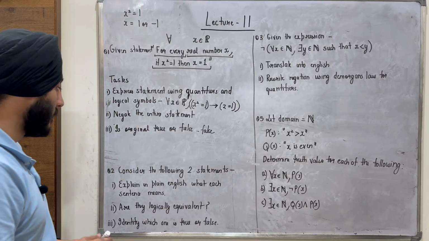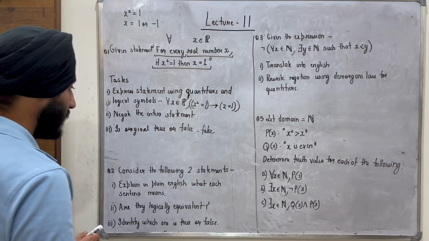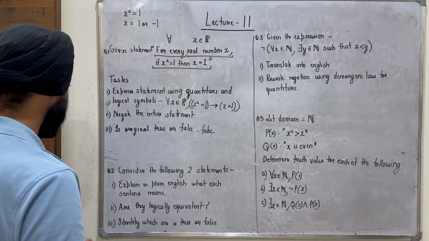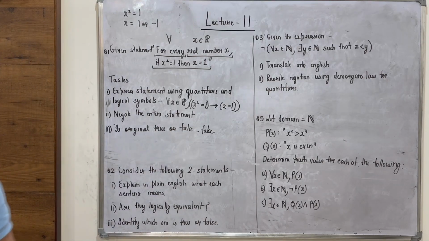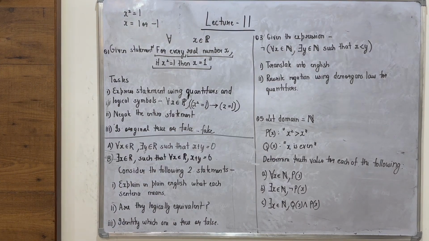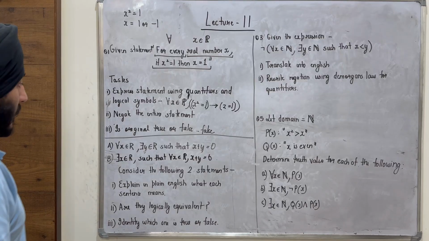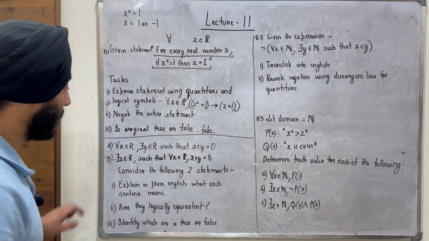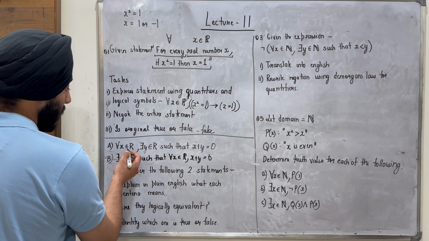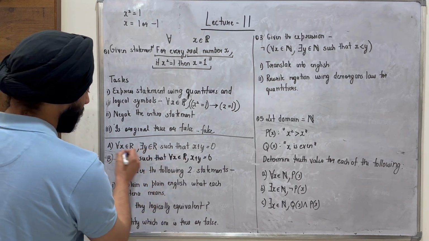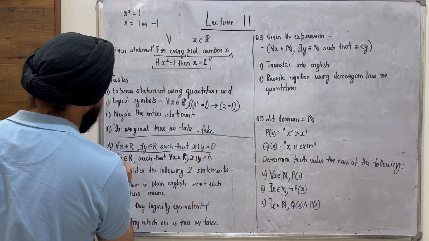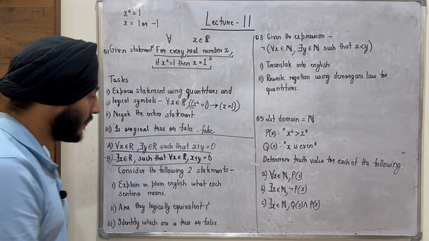Let's try to solve question number 2. Consider the following statements. Okay, I think I've missed the statements, so I'll just write them down. So these are the two statements that I have. One is A: for all x, which are elements of the real numbers, there exists y. So this is the first one, and this is the second one. Now, according to the question,